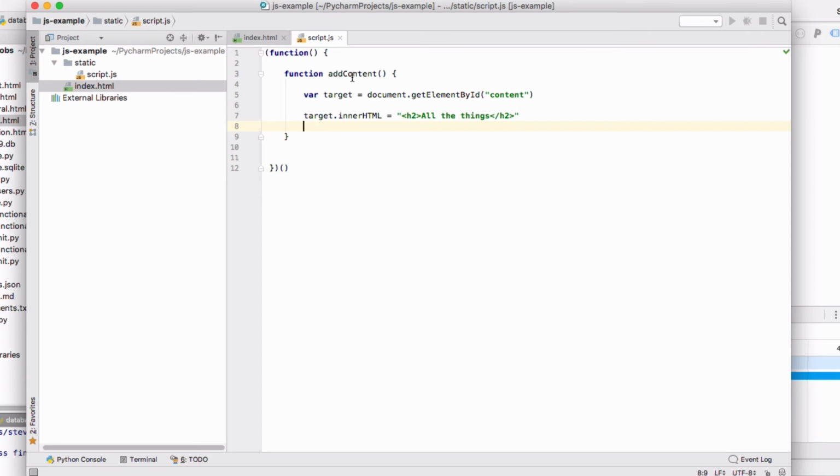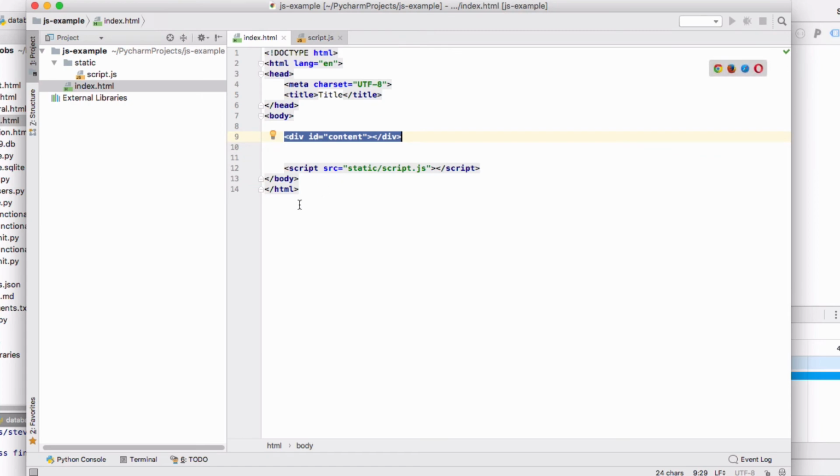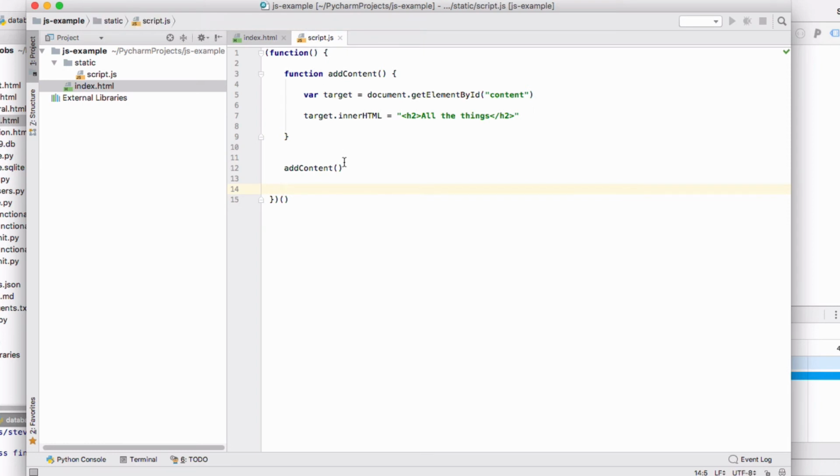Now all I need to do is arrange for this to be called. When should I call this? Well, I could call it here like that, and that would execute just after it's defined. But quite often one of the things we want to make sure of is that we don't run these scripts until the browser has finished rendering the page. And when the browser's finished rendering the page, it issues an event. JavaScript is an event-driven language inherently, so things happen in response to events, whether it's the user clicking, or the page finishing loading. So what we want to do is make it so that when the window has loaded,